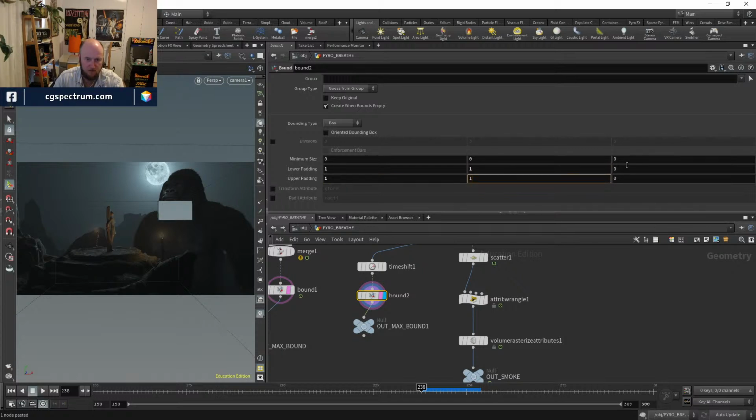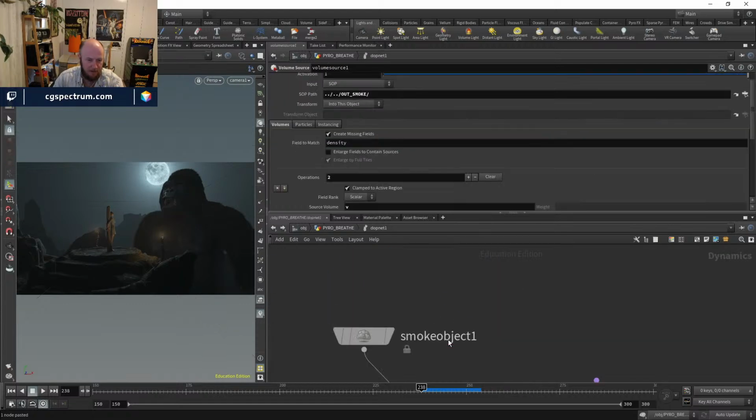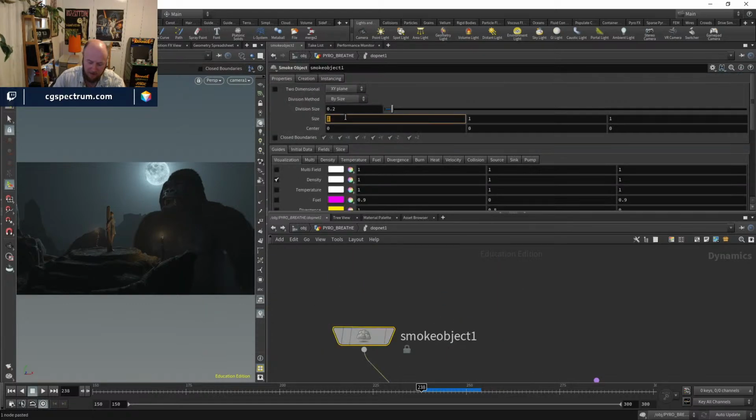It's always good to not have it super tight, especially when you've got really fast moving sources. You want a little bit of room so it allows for that velocity field to really push out very quickly. So let's call that out initial bound, and then in the smoke object we're going to reference that here. So this is always fun typing this out. bbox, out initial bound,